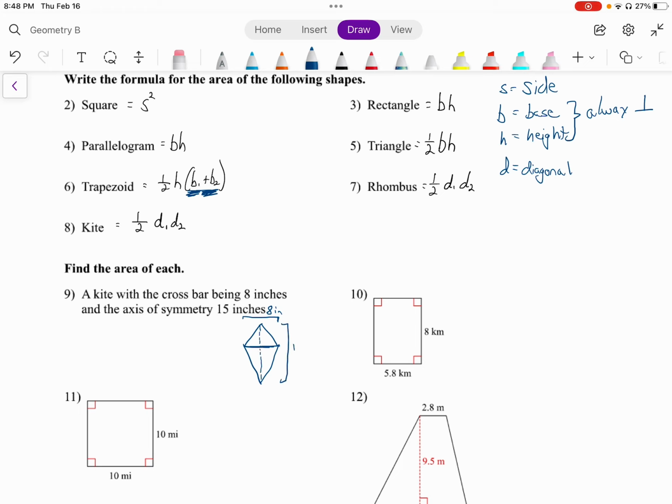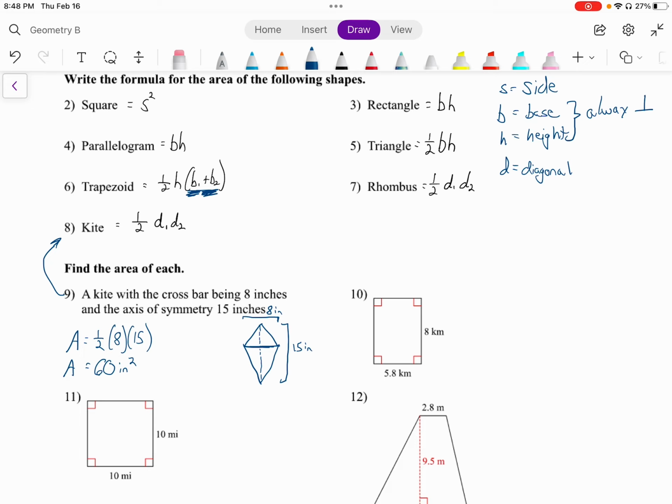Well, both of those things represent diagonals. And so we can look up the area of a kite, which is actually just in number 8. And the area is 1/2 diagonal 1, which we can say is 8, times diagonal 2, which is 15. You can multiply this in any order. We'll just do 1/2 of 8 is 4, and then 4 times 15 is 60, so it is 60